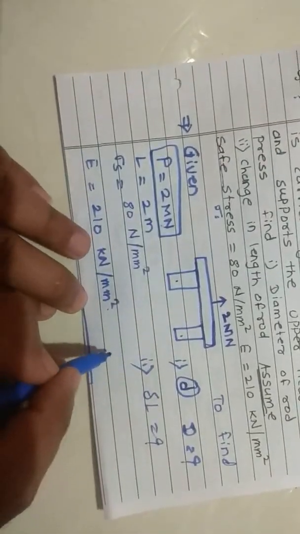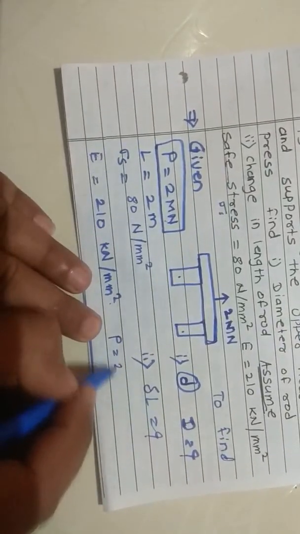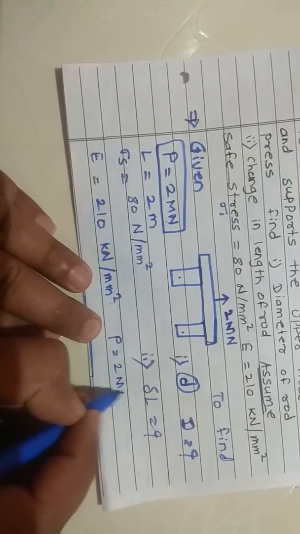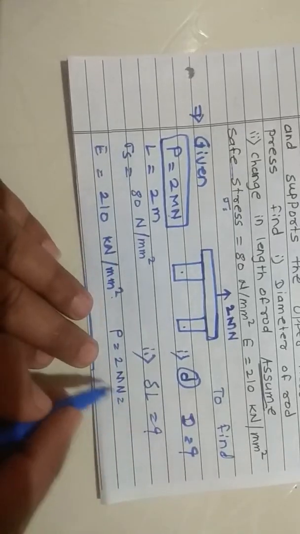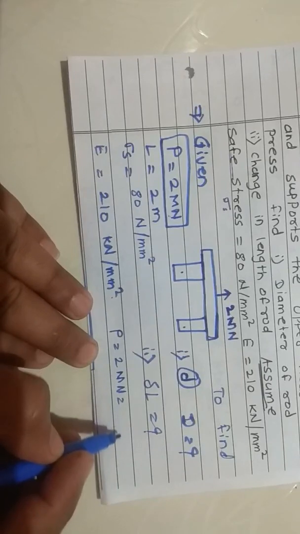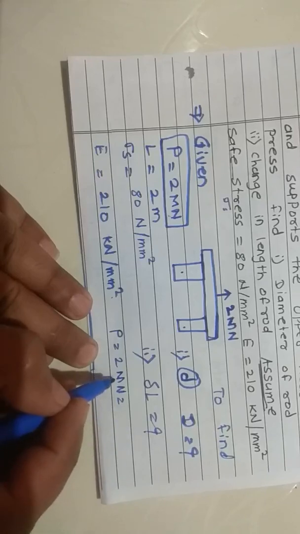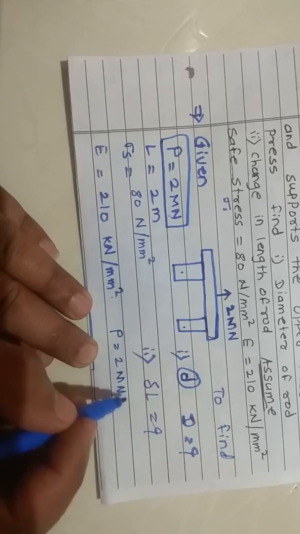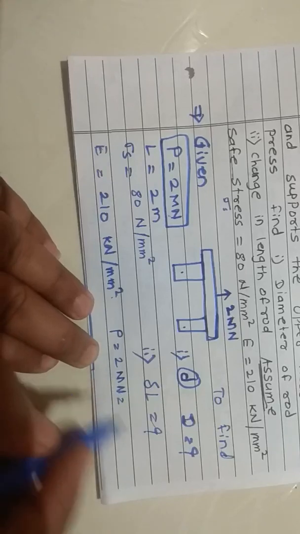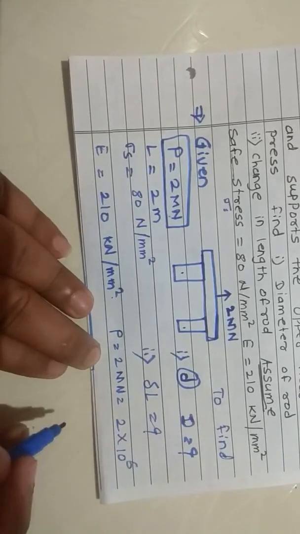into newton. For that purpose we write here P is equal to 2 meganewton. We know that kilonewton is converted into newton by 10 to the power 3. After kilonewton we have meganewton, that means again 10 to the power 3. Okay, here 2 into 10 to the power 6